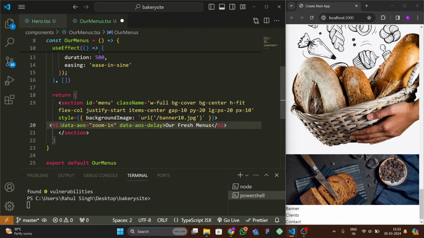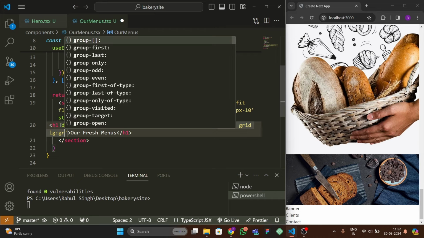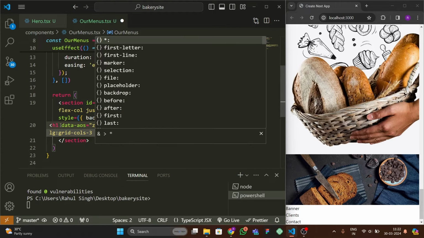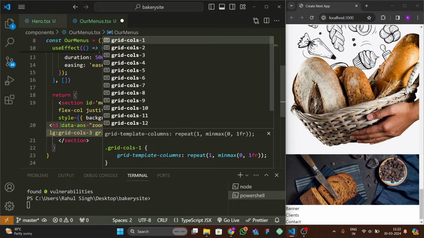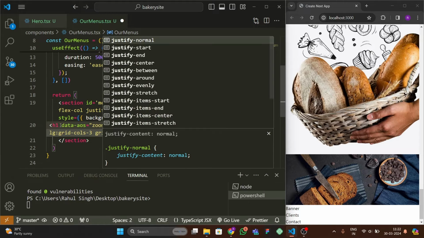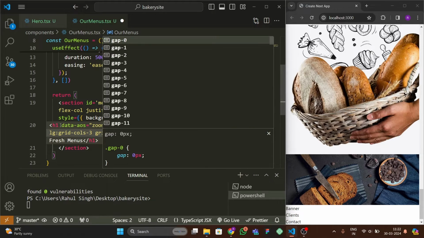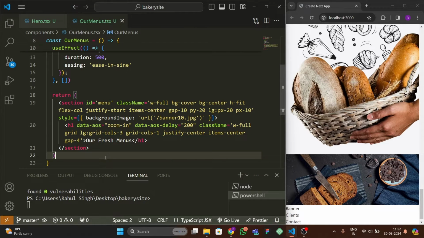Data AOS delay would be 200, and for the class name it would be width full. Grid for the large devices grid cols 3, and for the normal devices grid cols 1. Justify center, items center, gap of 4. Let's format this, and after that